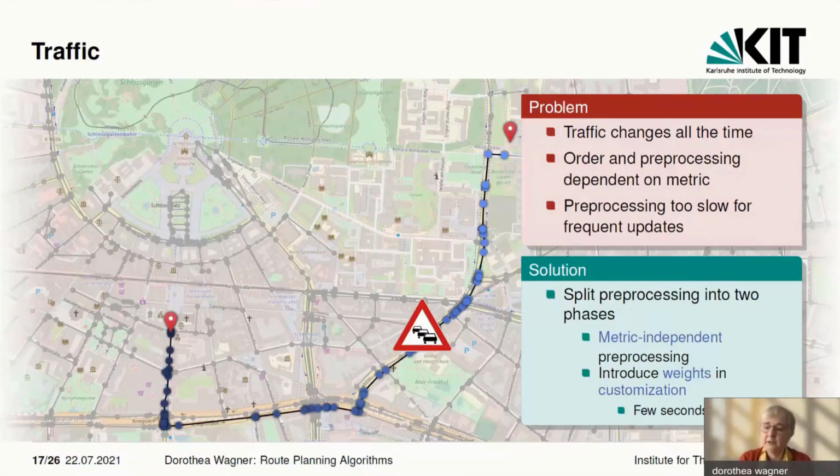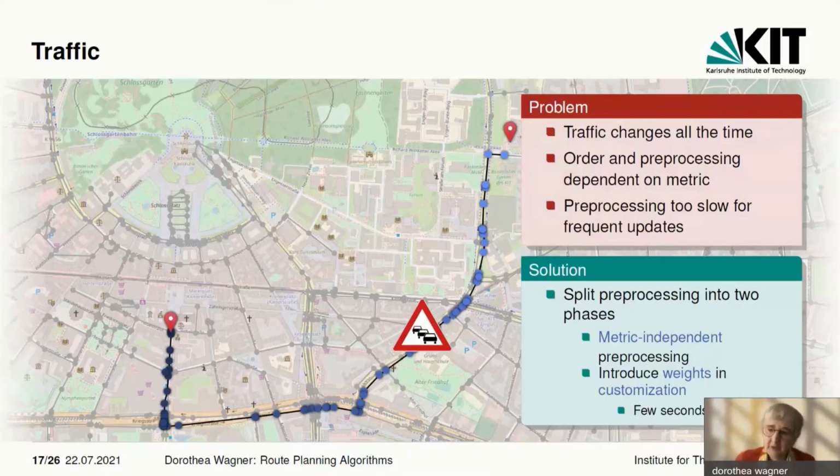And let's separate these two parts into two separate phases. So far we had this two-phase approach: a preprocessing phase and then the fast query phase. Now we have a three-phase approach,